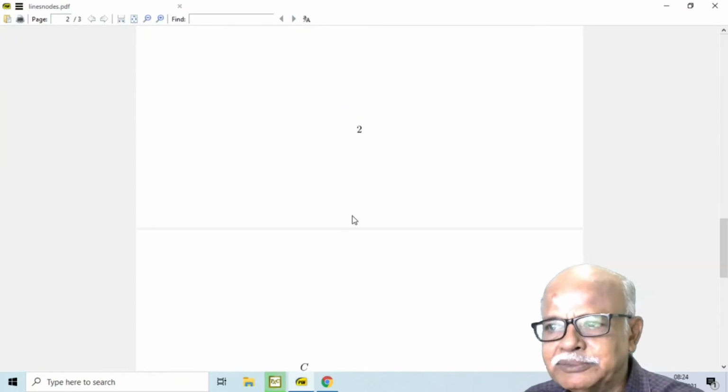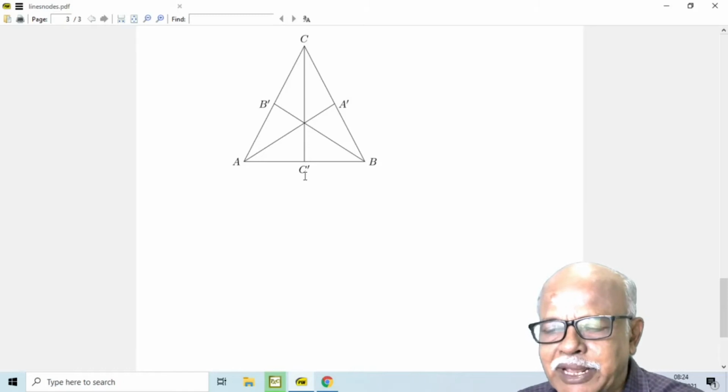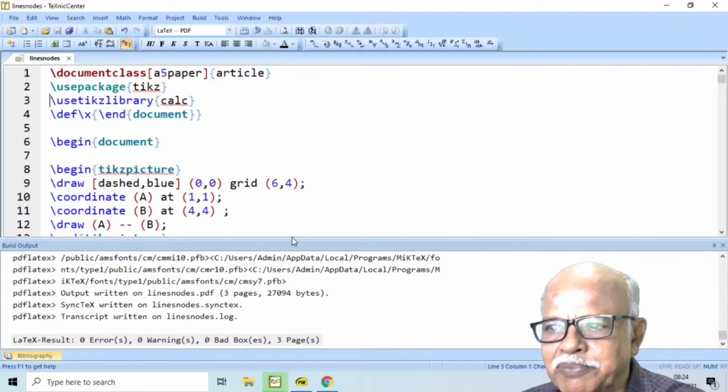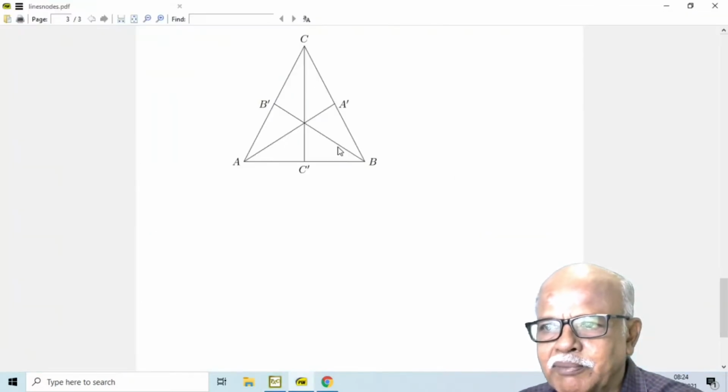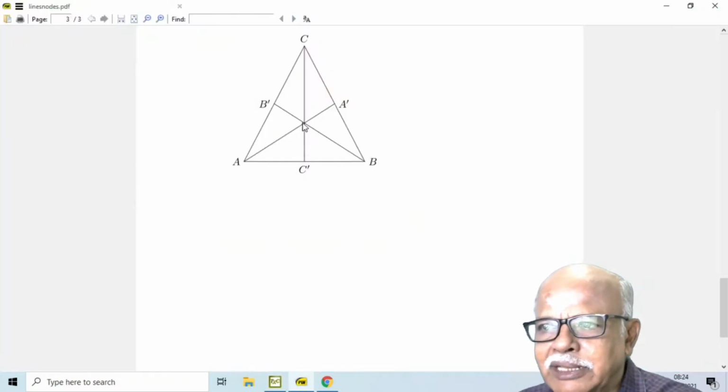Then I have C prime as a midpoint of A and B. Similarly for this side and this side. Again, I want to calculate the point of intersection of all these medians.